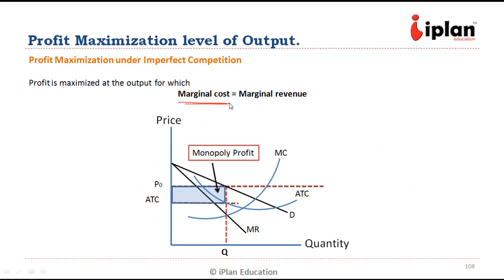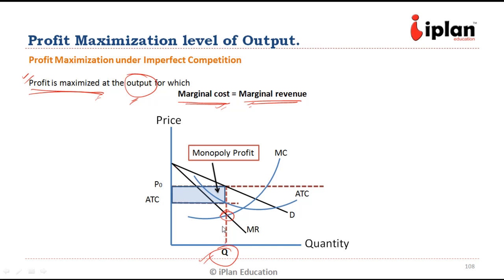There, if the marginal cost is equal to marginal revenue, that is going to be the point for profit maximization. So this is the quantity which the company should be producing for profit maximization. So in the case of all kinds of market structure, we are going to look at the point where the marginal cost is cutting the marginal revenue curve. This point will give us the quantity which the company will be willing to produce because of the profit maximization target.